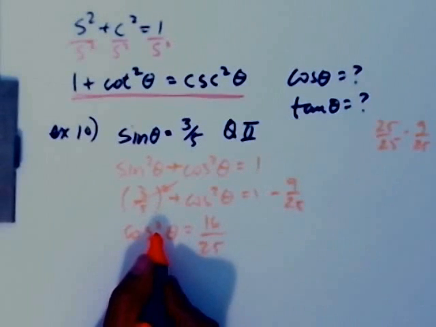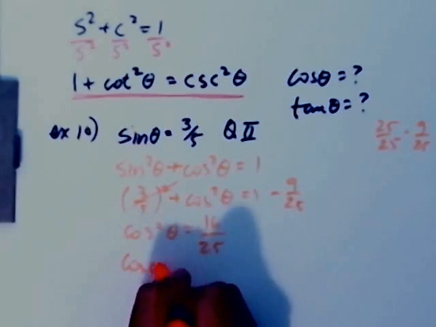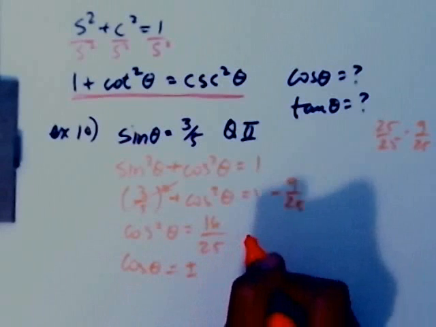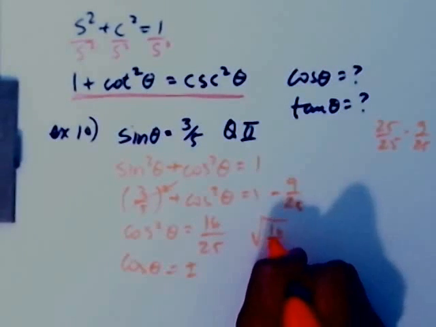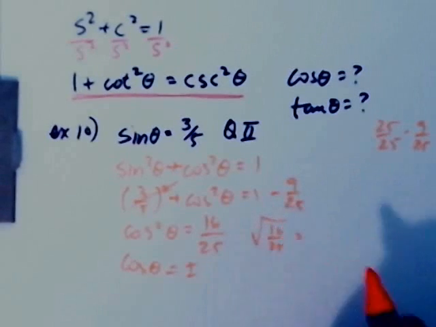And how do I solve for cosine theta? I take the square root. So the cosine of the angle is equal to plus or minus the square root of 16 over 25. That's the same thing as here. It's one single fraction or one single